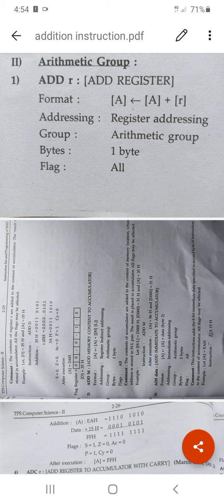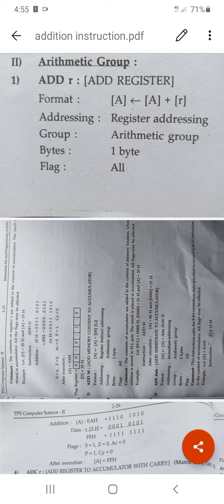Today we are going to learn the addition instructions. In all of these instructions, one of the operands is always the accumulator, and depending on where the other operand comes from, there are different types of instruction. For example, for addition we have ADD, ADC and ADI, and depending upon the operand there are ADD R, ADD M, ADI, ADC R and ADC M instructions that we are going to learn today.